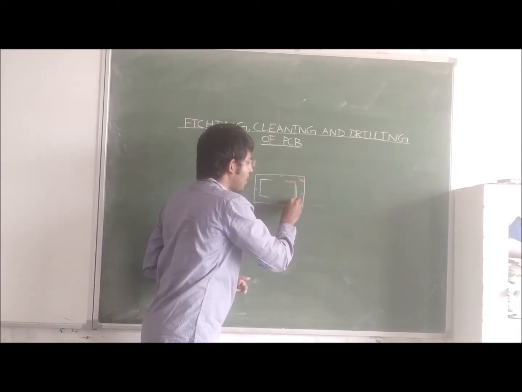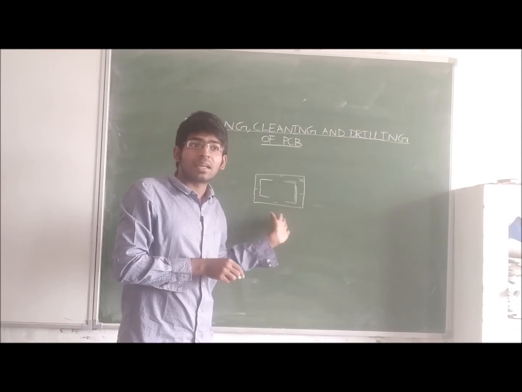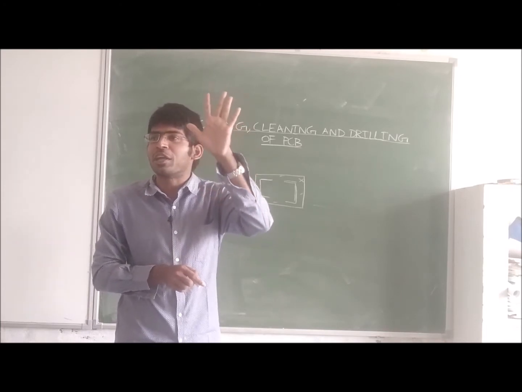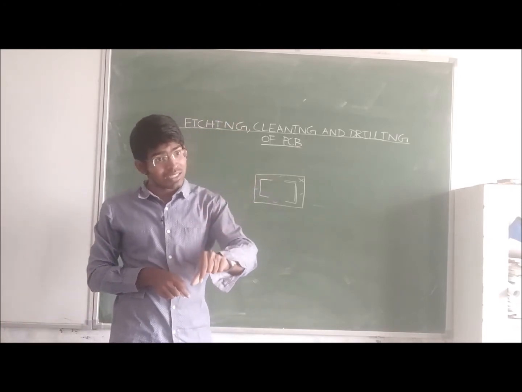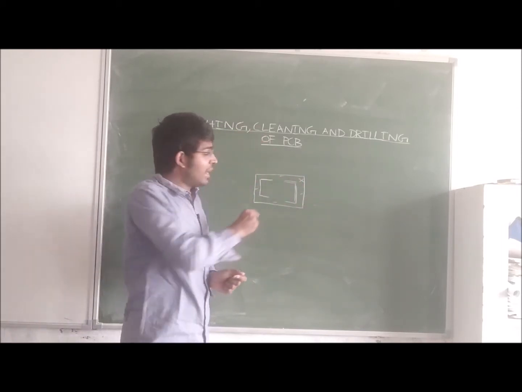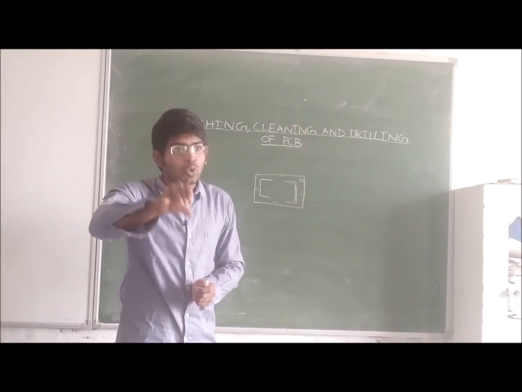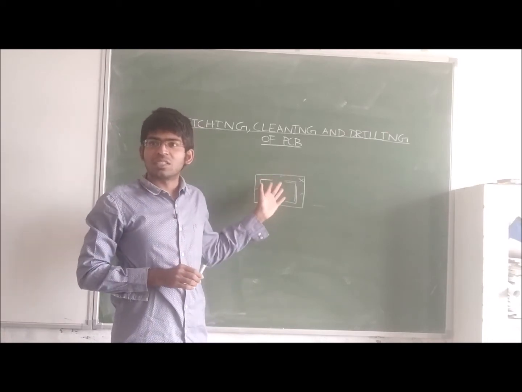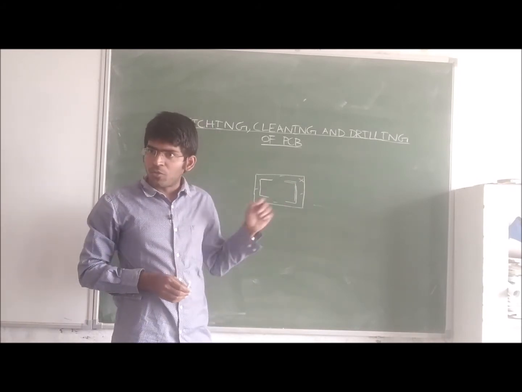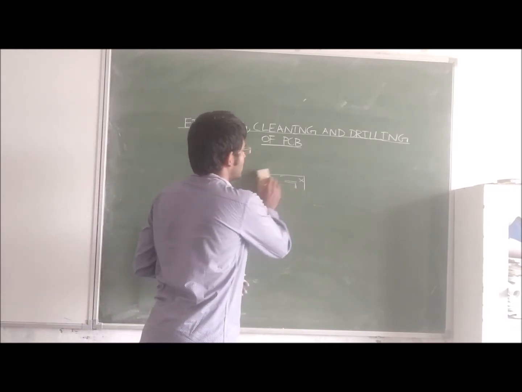So only the copper is remaining behind this ink, and in the remaining place, the entire copper is converted to insulator. By this process, we are keeping the copper conductor track, and in the remaining area, we are making that part an insulator. So this process is called etching. There are different methods to perform this etching. Now we will discuss those different methods one by one.